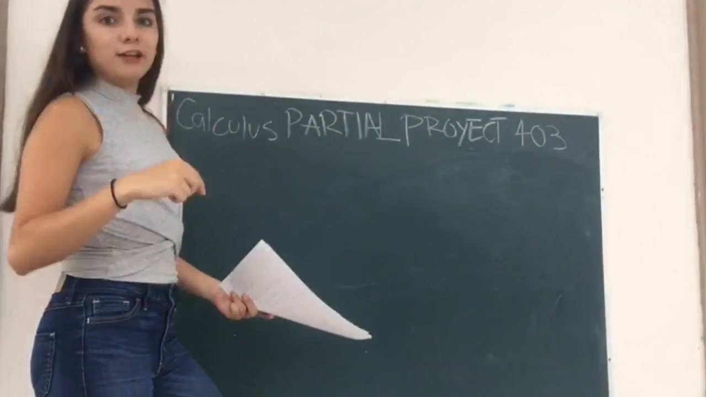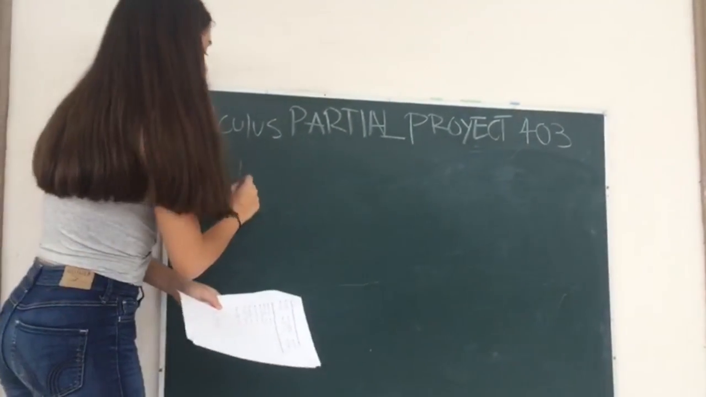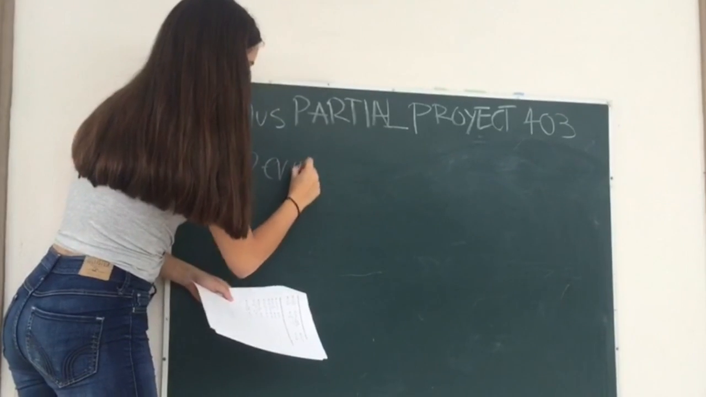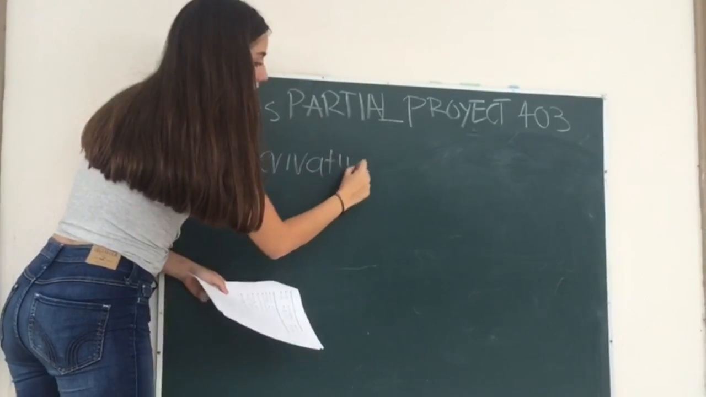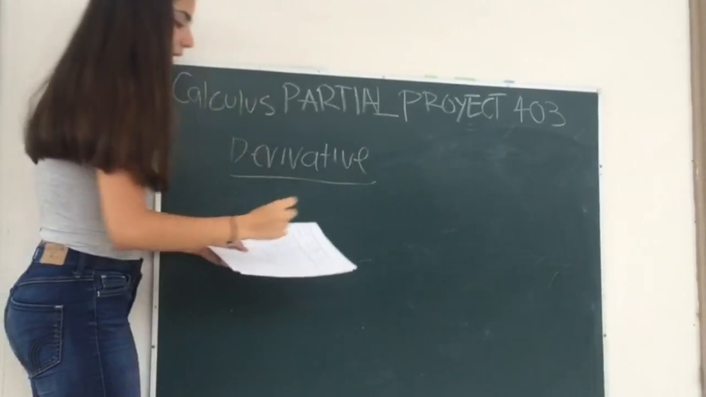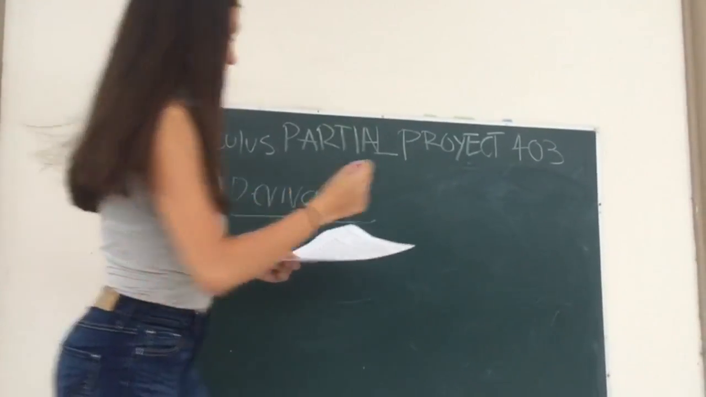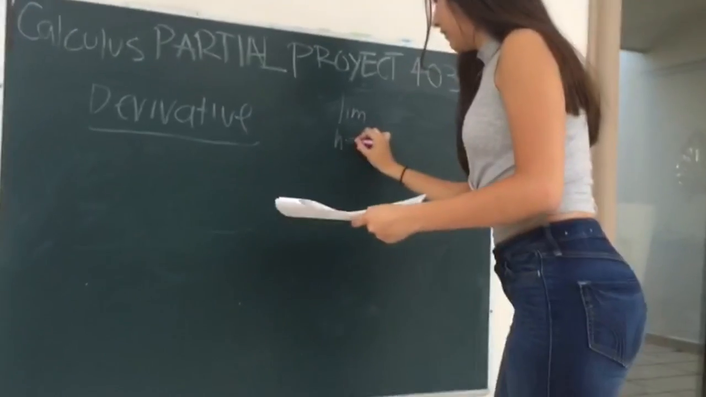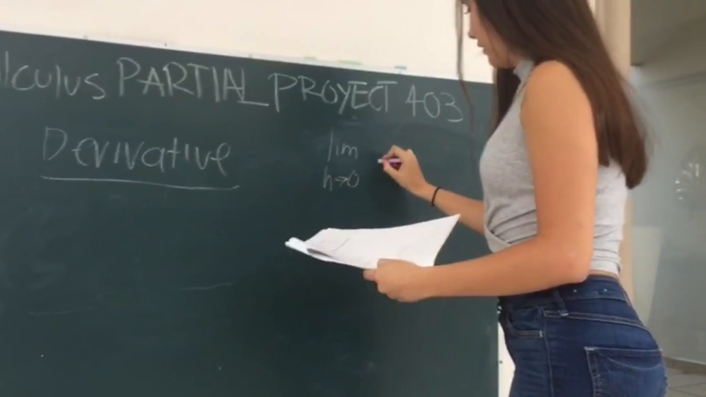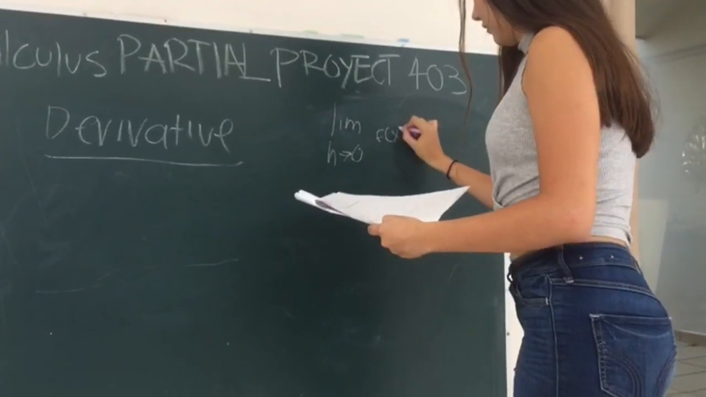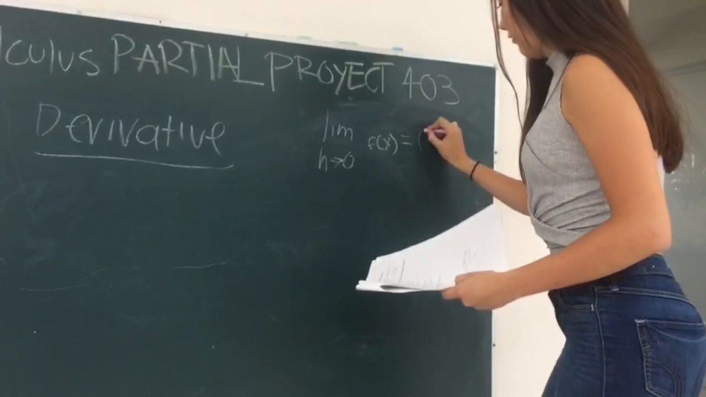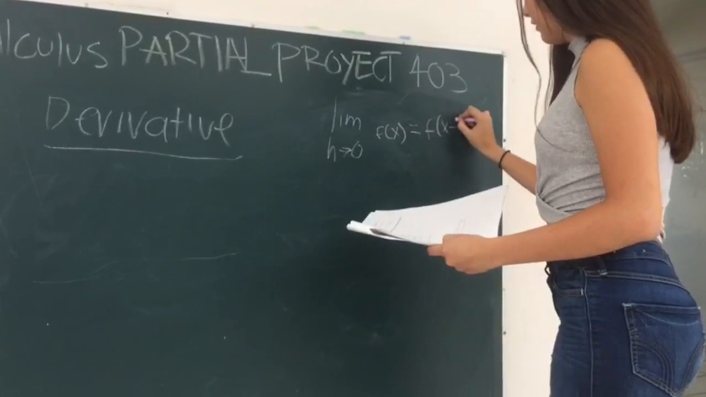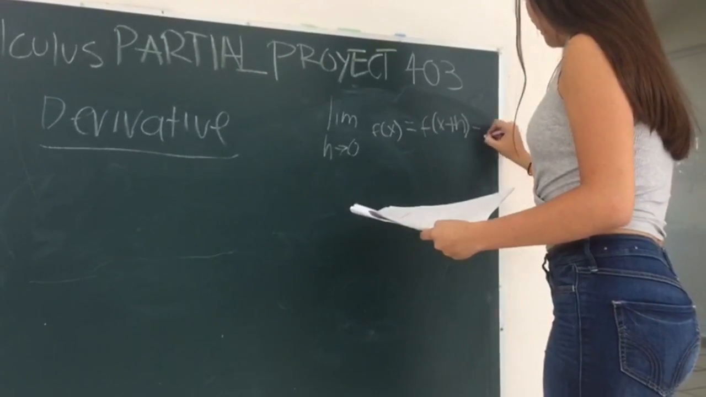Now we're going to do the derivative example. What is a derivative? Well, the derivative is the rate of change. The formula to use for the derivative is the limit as h approaches 0 of f of x plus h minus f of x